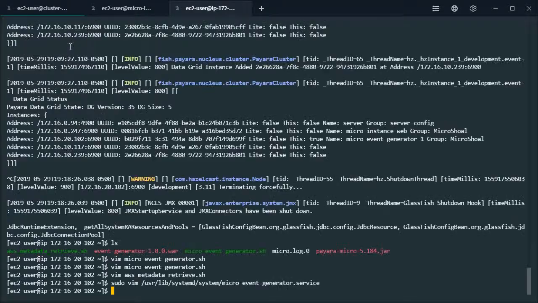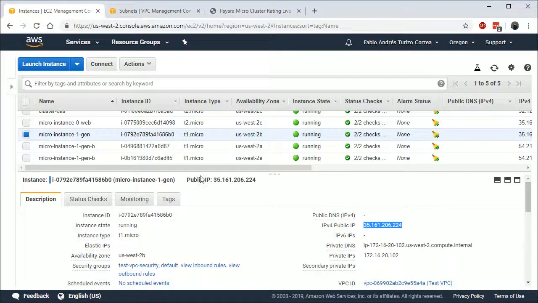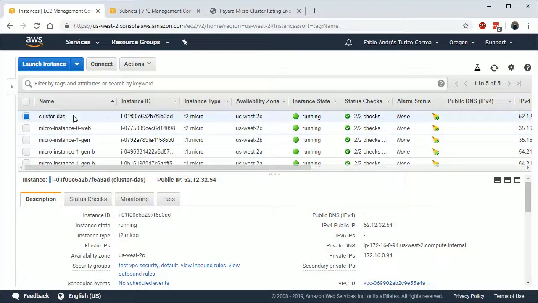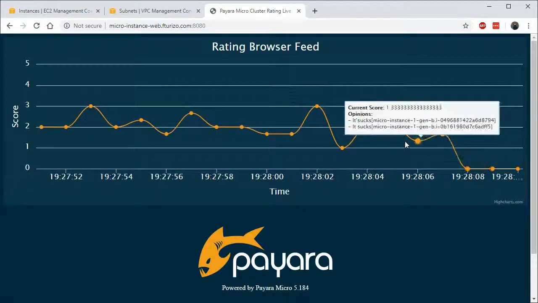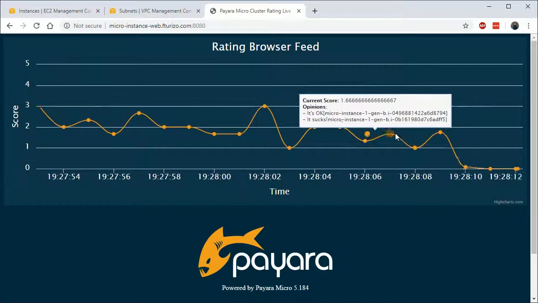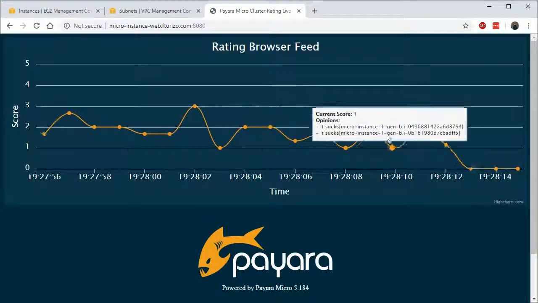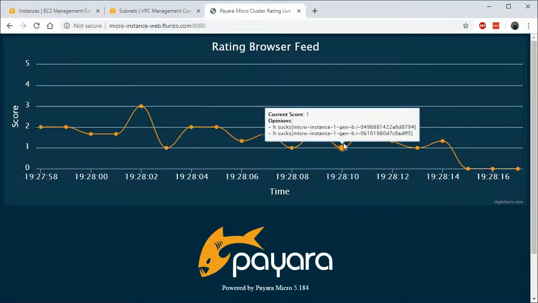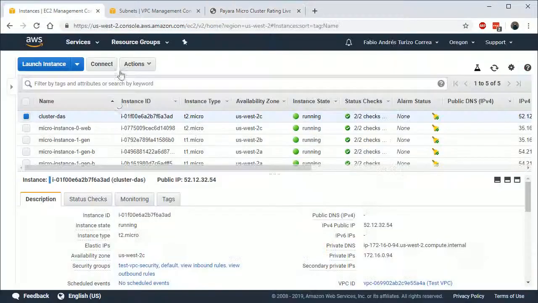And that's it. Whenever an instance is created automatically by the launch template here and the Amazon Web Services infrastructure, then it will automatically use that script and start a new Payara Micro instance. And since the micro instance knows how to talk to the cluster by locating the cluster dash node, then it will automatically join the cluster. So here you're seeing, since I killed that Payara Micro instance that was running the first generator, I don't have 2 generators, but I can quickly create